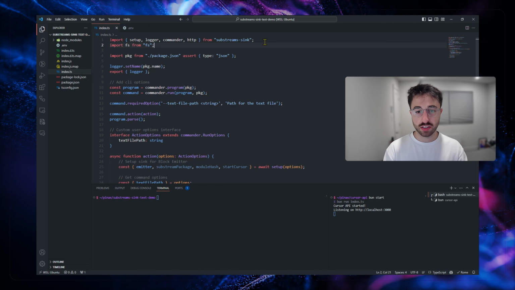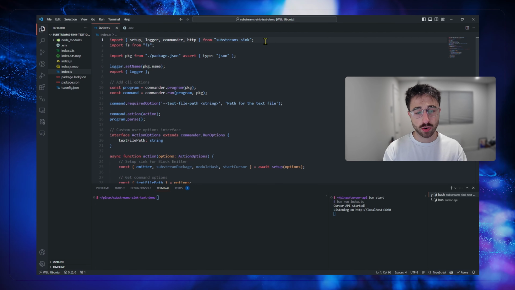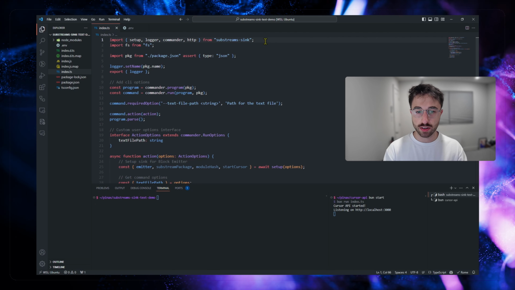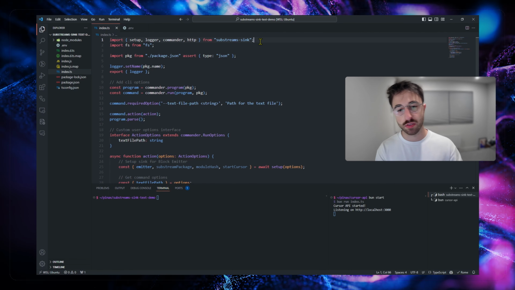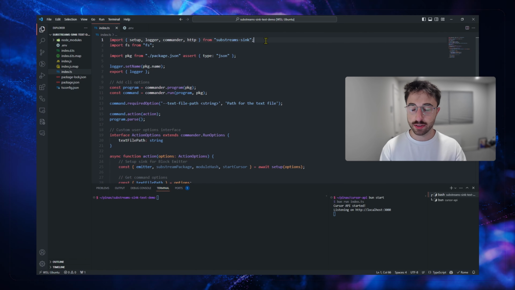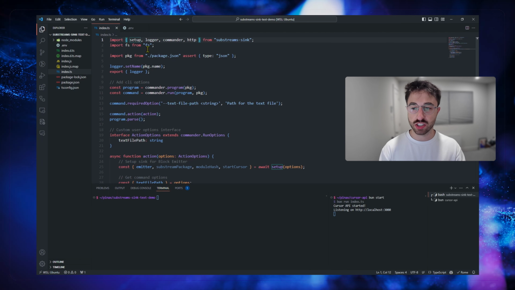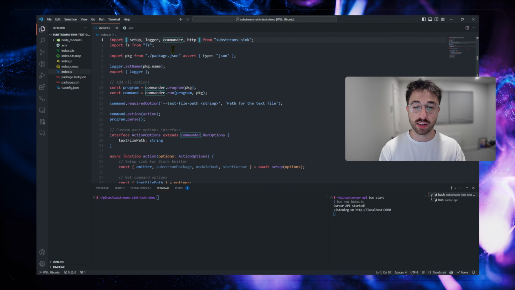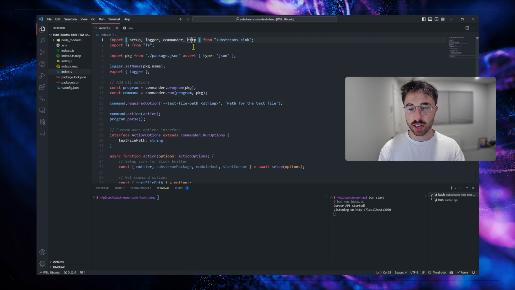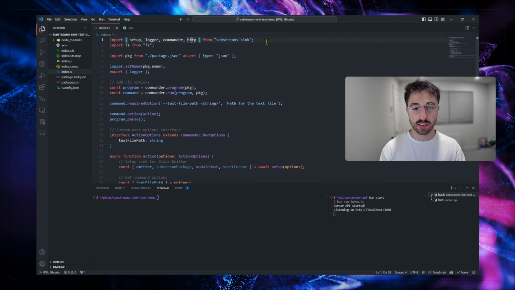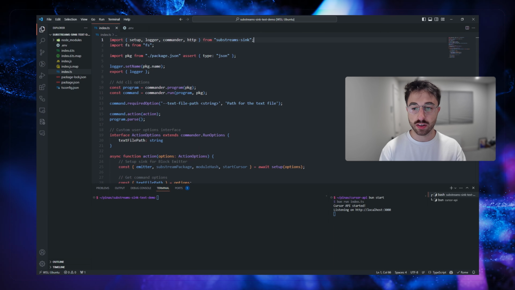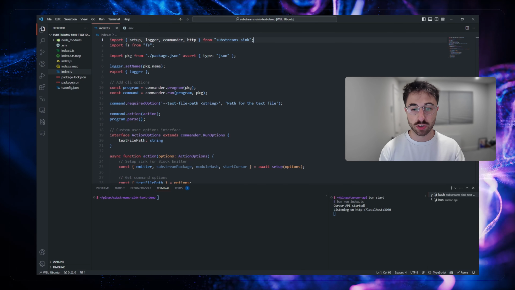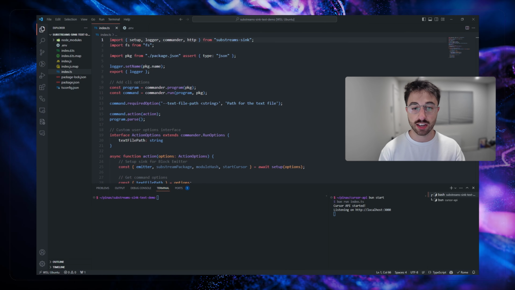So one of the first changes is that the Substream core package is not needed anymore to create your sync. Now you should be good only by using the Substream Sync library. We also renamed the run function to setup and the CLI module to commander. We also added an HTTP object that contains everything related to the server running in the sync process background. So this server is for the Prometheus metrics and also the health check endpoint.